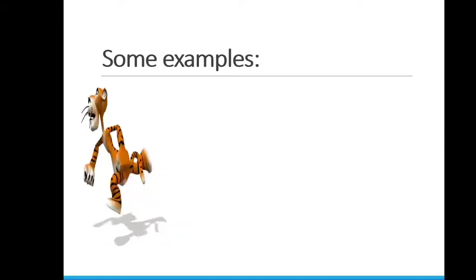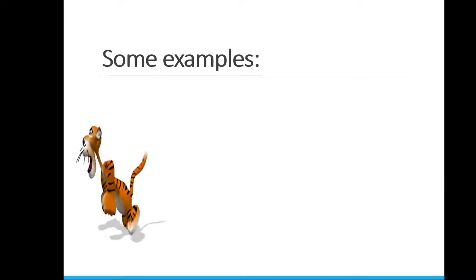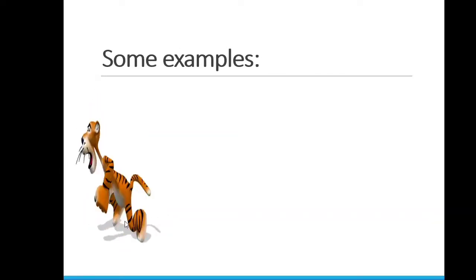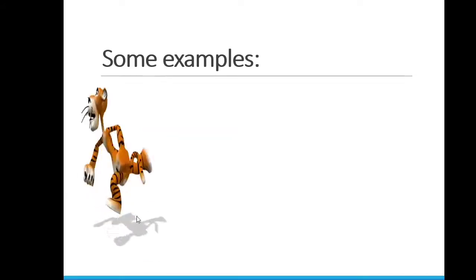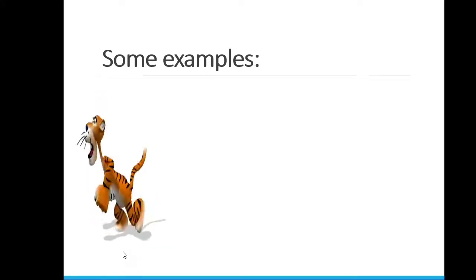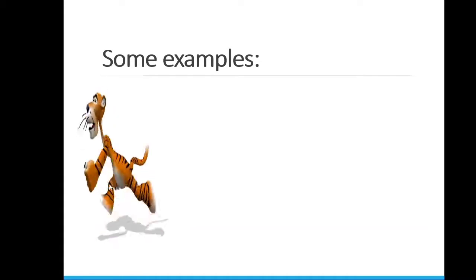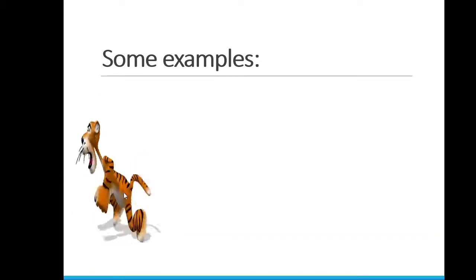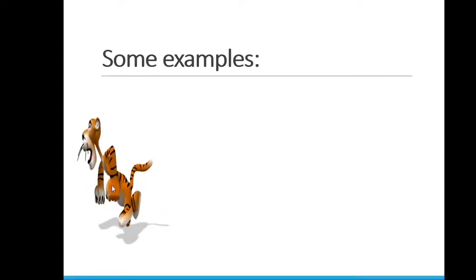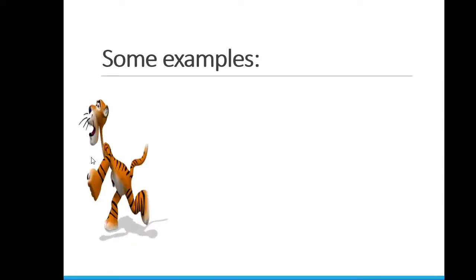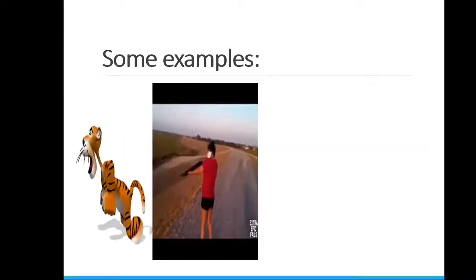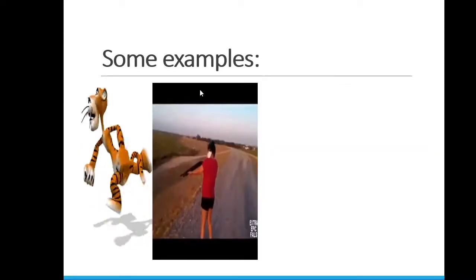Here you can see a tiger is running away, and why is this tiger running away? It is because the tiger is applying some force on the ground, whereas the ground is also applying an equal but opposite force on the tiger. So, here action force is applied by the legs, whereas reaction force is applied by the ground while running or even while walking. Similarly, another example is firing a gun.